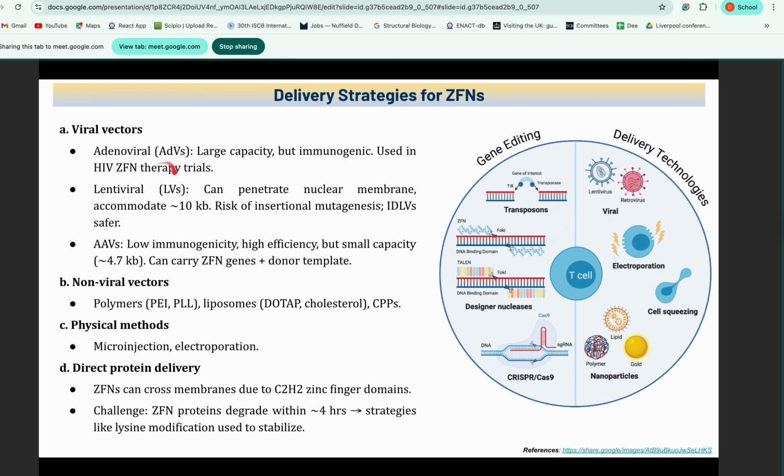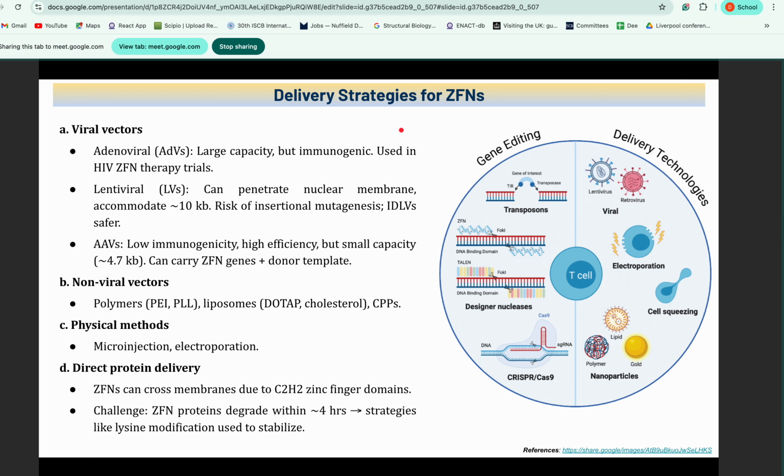Okay, so now these are some of the limitations also which are associated with them. And then comes AAVs. So these are low immunogenicity. They have high efficiency, but the protein which they can integrate is of small capacity, which is around 4.7 kb, which can carry ZFN genes plus donor template. Okay, now what I want to mention here is that in this case, we are looking into the delivery of